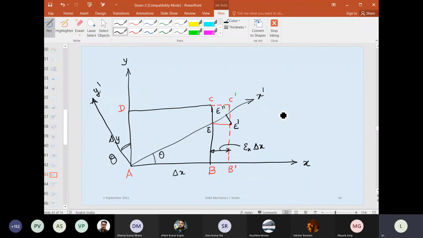Now epsilon x prime, that means along the x axis, is nothing but E, E double dash, divided by